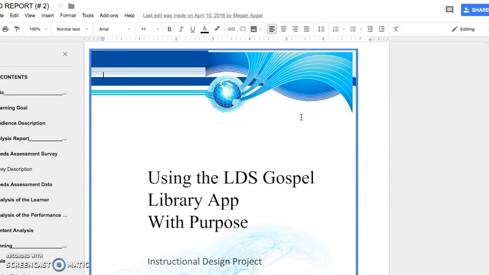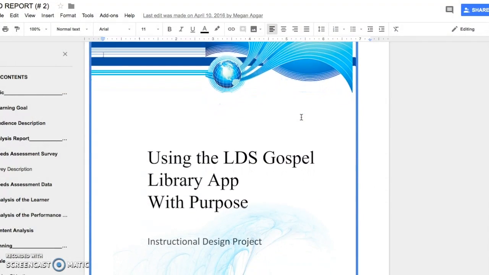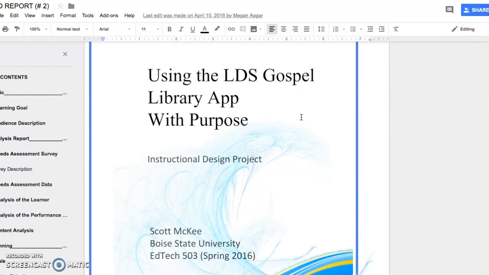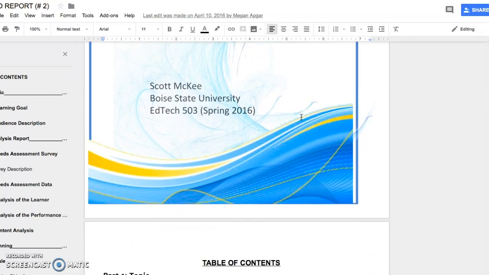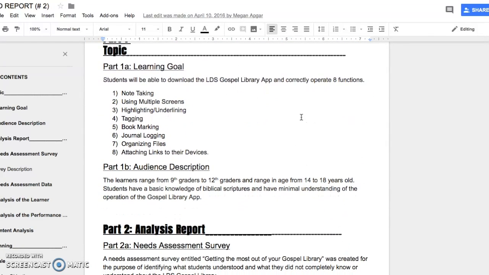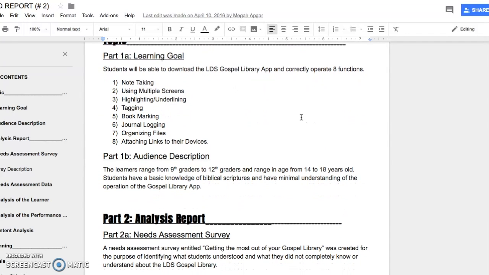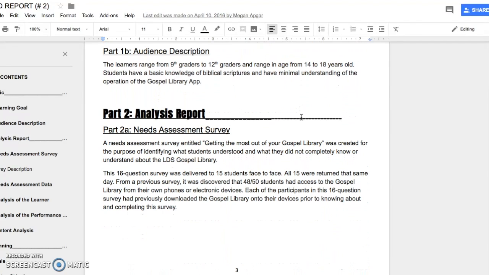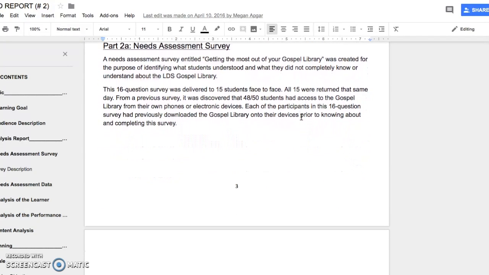Standard number 3, learning environments, should involve artifacts which facilitate learning by creating, using, evaluating, and managing effective learning environments. In my EdTech 503, I had an opportunity to create an instructional design project entitled Using the LDS Gospel Library App with Purpose. The goal of this project was to help teachers and students see the full capabilities the LDS Gospel Library app has and show how purposeful technology can be used within a classroom. As part of this goal,